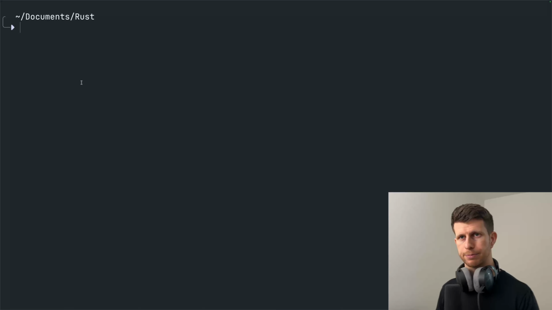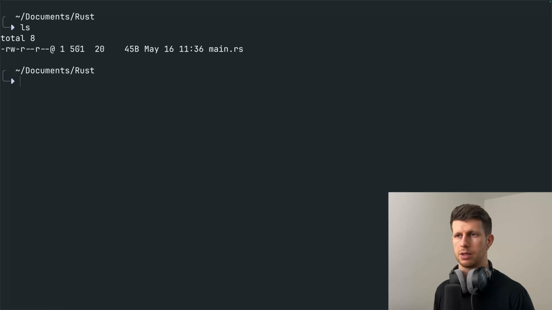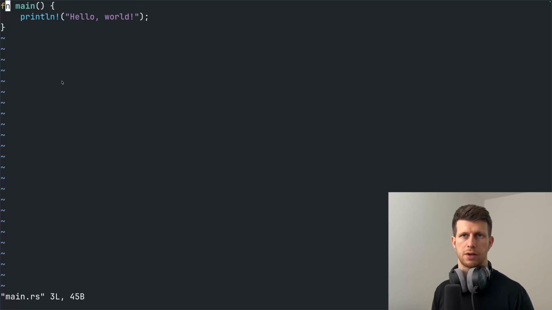Let's go back. So let's say you have just a small Rust project with one file, as I have here. As you can see, there is a main.rs file. Inside this file, if we have a look, there's just one function, main, with a println statement, and that will print hello world onto the terminal